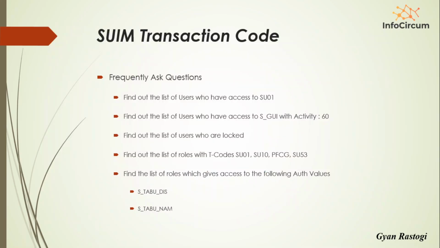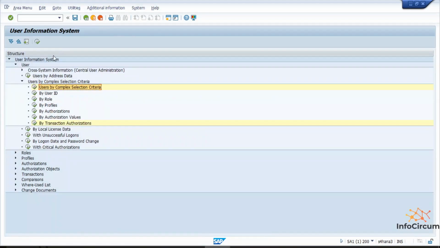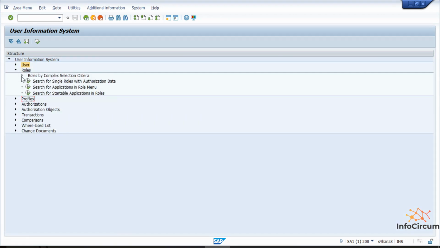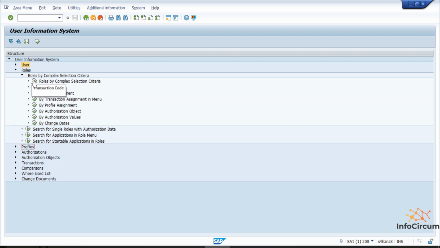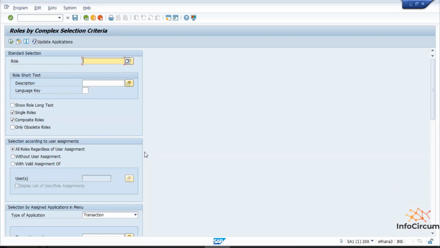Now coming to the fourth question: find out the list of roles with the T-codes SU01, SU10, PFCG, SU53. So here we have to find out the list of roles. First we need to go to the node Role. Now I'm coming to the complex selection criteria. Now we have to find out the list of roles with the T-codes SU01, SU10, PFCG, SU53.